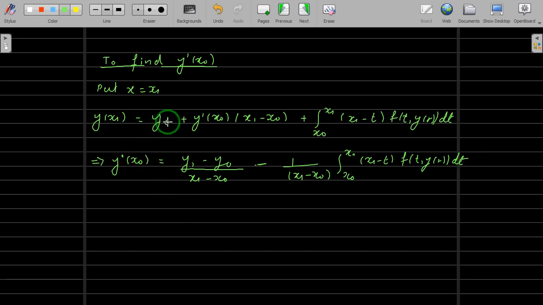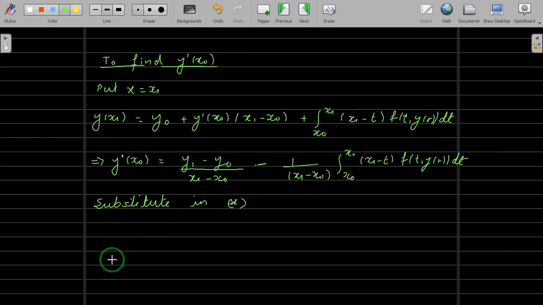So what I have done is I have shifted this constant up on the first side first, so it is y1 minus y naught, and then I want this term, so again you shift this integral on the other side, so it will be minus, and then you shift this x1 minus x naught on the other side, so it will be in the denominator. So that's correct. Now with using these two equations, substitute this y dash at x naught in what we have used, star. Substitute this equation in star.